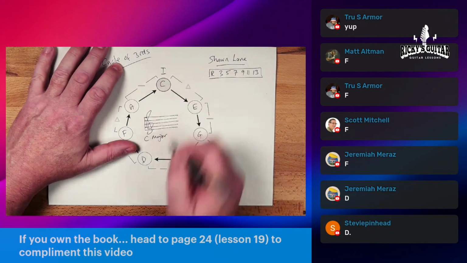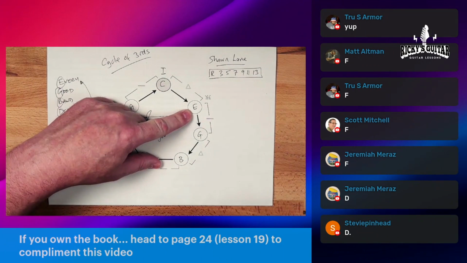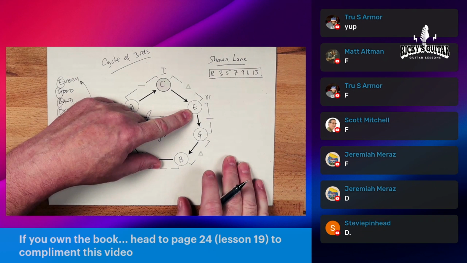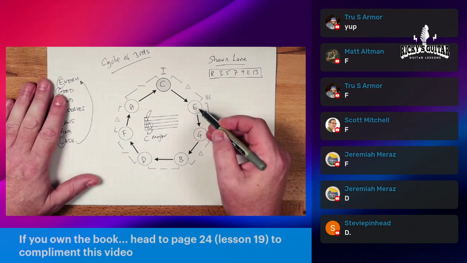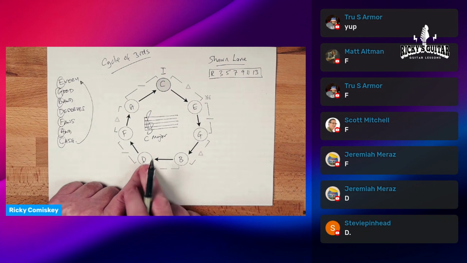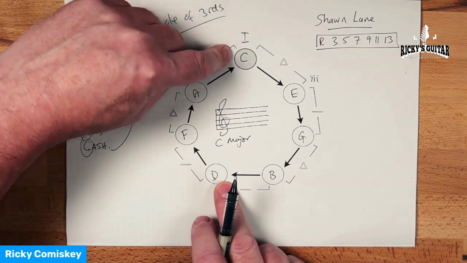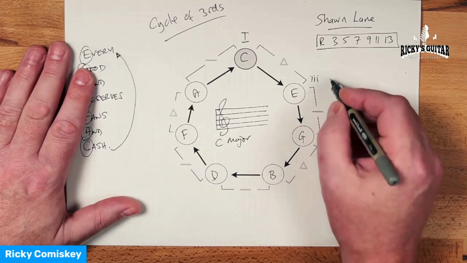So this is chord 1. And we know by going up 3, we're going to get chord 3 in Roman numerals. That's the third chord in C major. This is going to be E minor. So we can go root, third, fifth of E minor. There's the flat 7. Then we get that flat 9. Then we get the 11, and then we get that flat 13, because remember, chord 3 is the same as